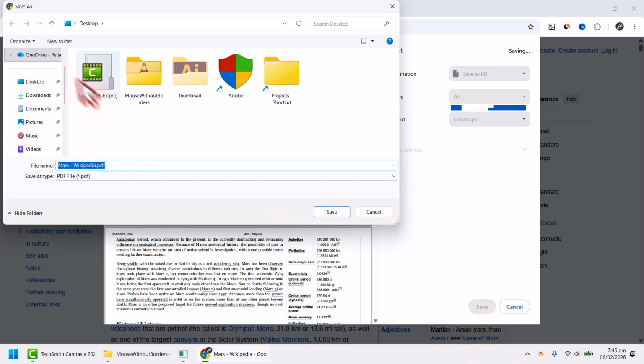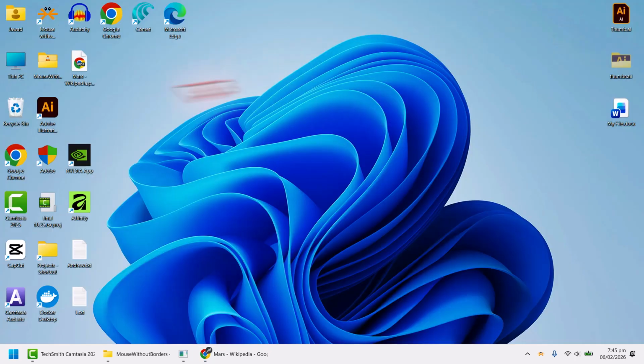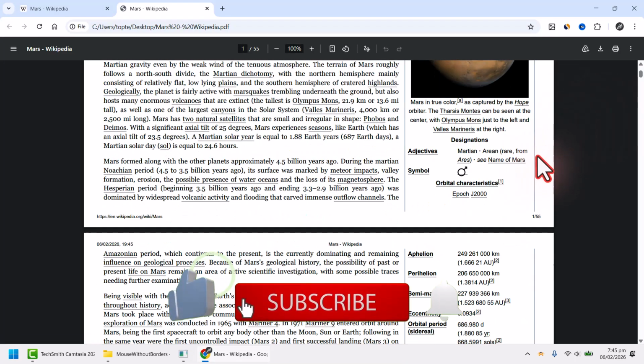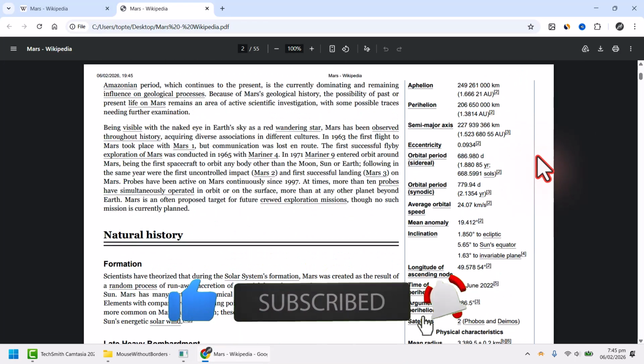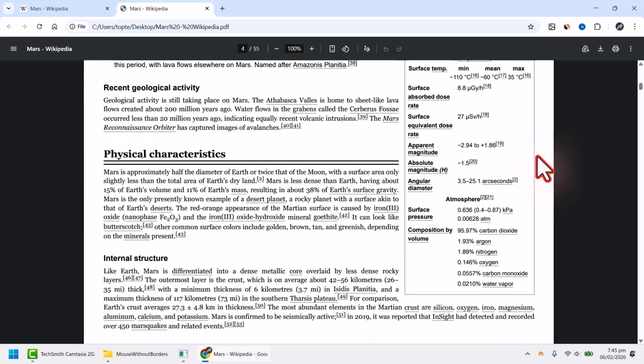Now choose the location where you want to store the file, for example, desktop or documents. Type a file name and then click Save. That's it. Your web page is now converted into a PDF file, and you can open it anytime or share it with anyone easily. So, yes, you have successfully learned how to convert any web page into a PDF for